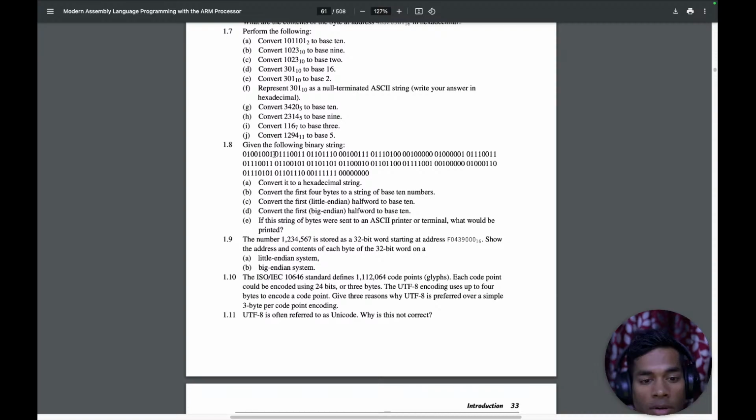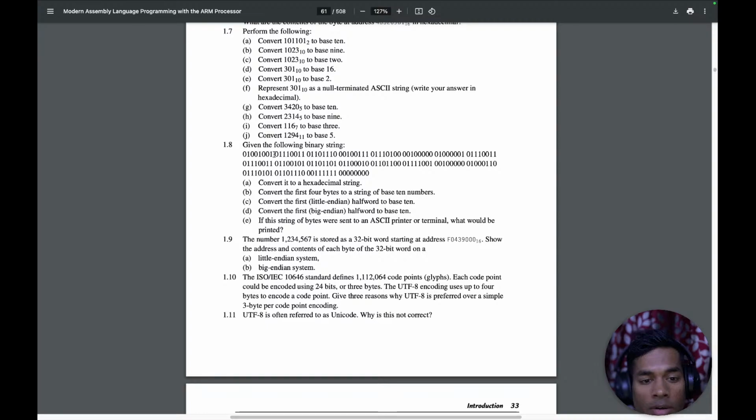So we have 1, 2, 3, 4, 5, 6, 7, 8, 8 into 2, 16, 16, 1, 2, 3, 4, 20 bytes. And if this is a 32-bit system, then 4 bytes make one word, and therefore we have 5 words, and